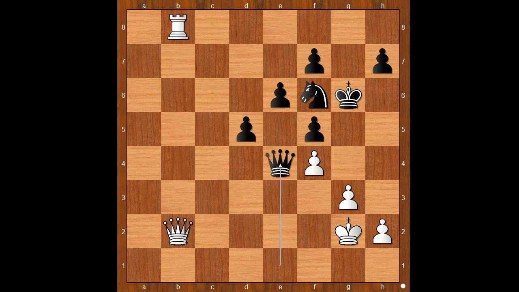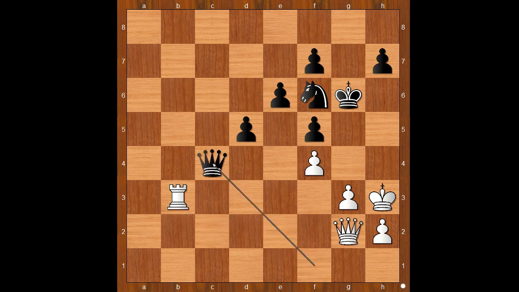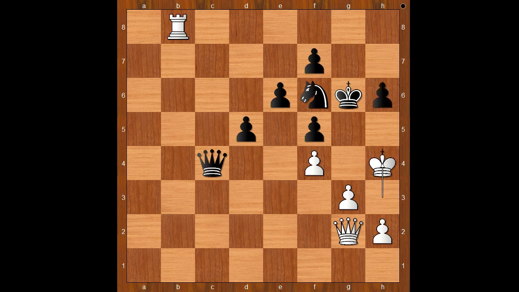And now comes jab, jab, jab, waiting for the opponent to get his hands down and to go for the right hook. King to h3, queen to f3, rook to b3, queen to f1, check, queen to g2, queen to e1, queen to c2, queen to f1, check, queen to g2, queen to c4, rook to b8, h6, king to h4,